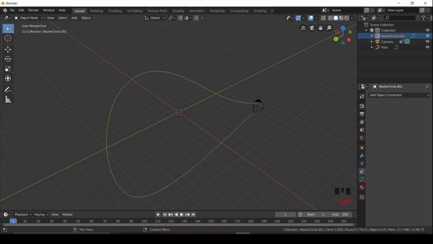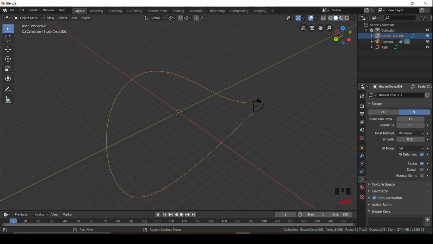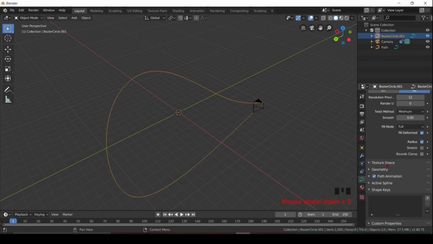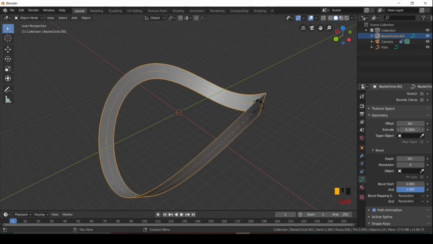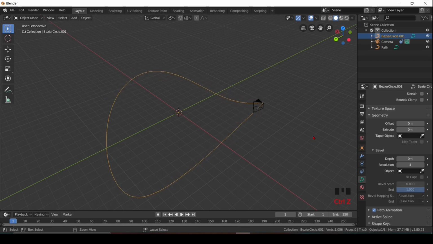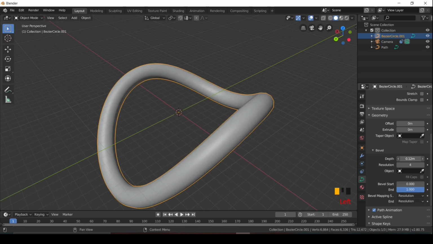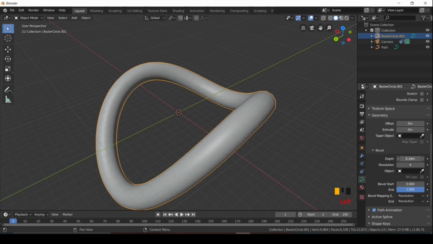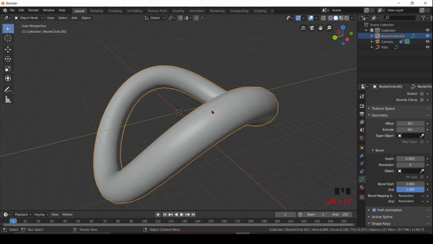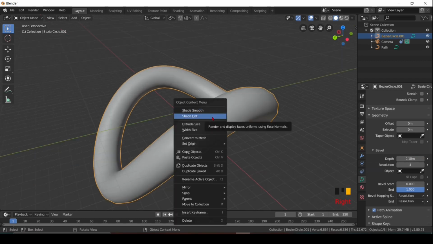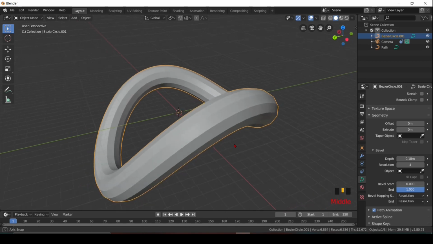Then select the second Bezier circle and open the curve setting. Go to the geometry and increase the depth of the second Bezier circle. Then right click on the mouse and select Set Flat.